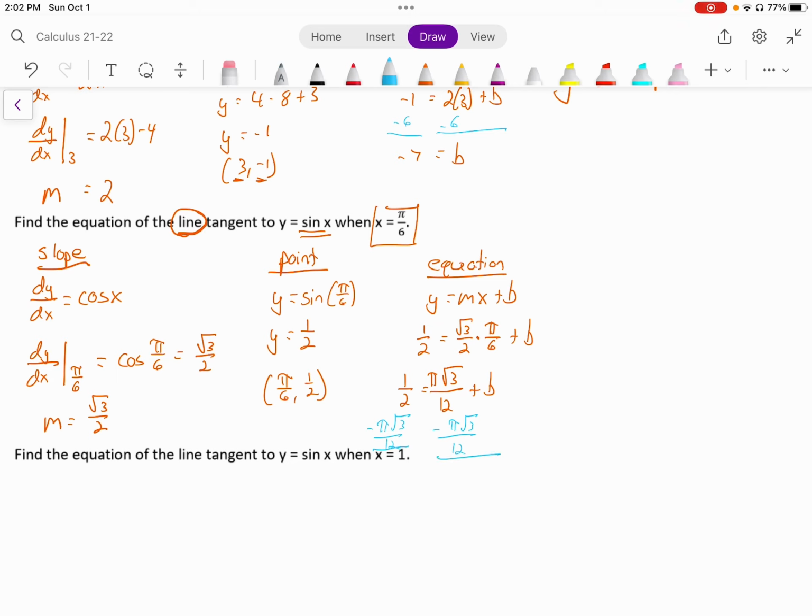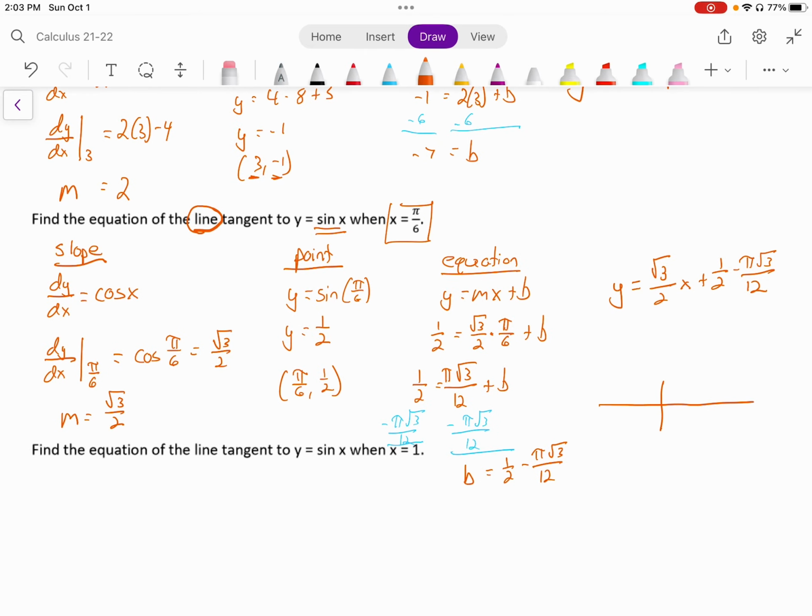And we get that b equals 1/2 minus pi times root 3 over 12. And then we have to plug it in. So our final answer, our equation, is y equals m, which is root 3 over 2, x plus b. B is this 1/2 minus pi root 3 over 12. And so what that should look like is,